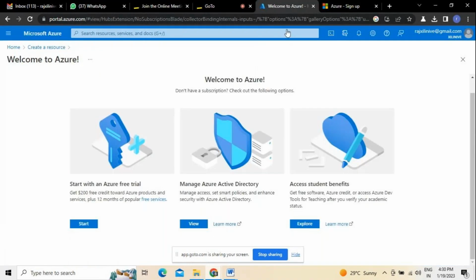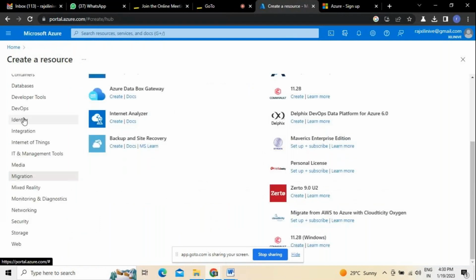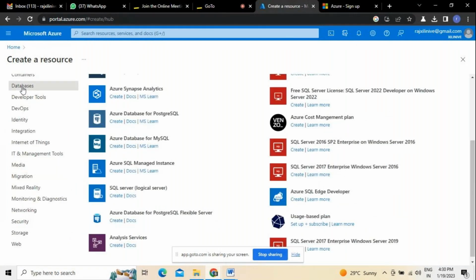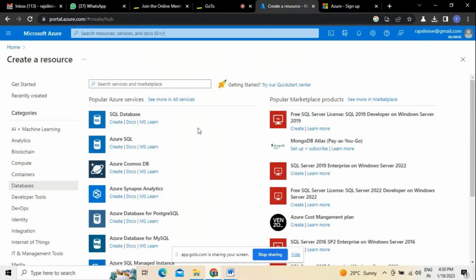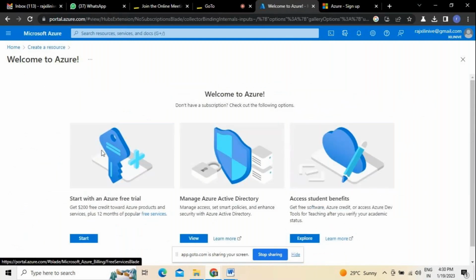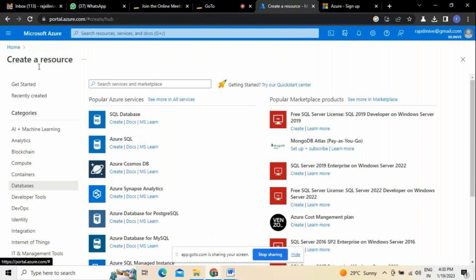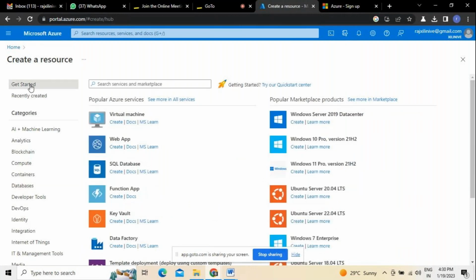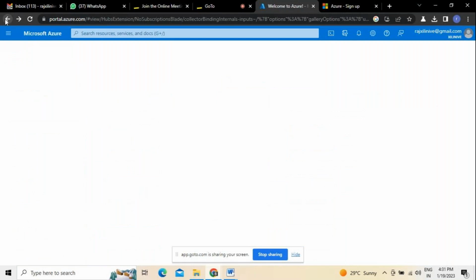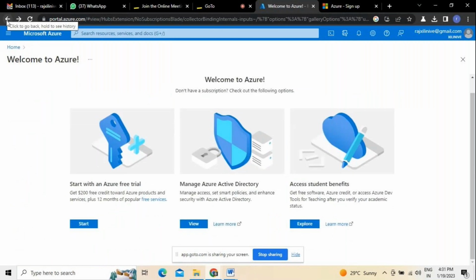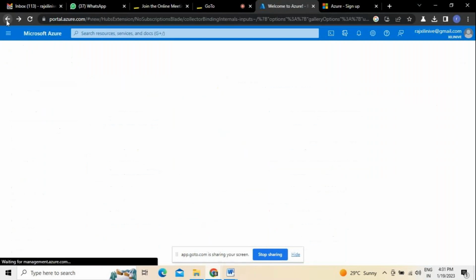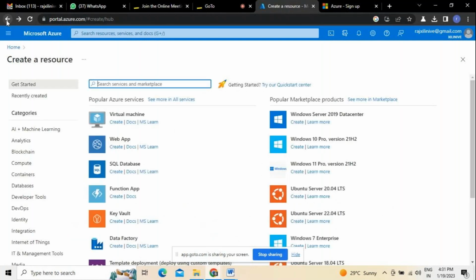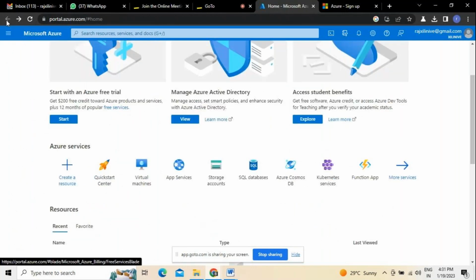Here you can see there is an option of creating a resource, where we are connecting to the databases. If you want to create selected databases, for that even you need to have a trial version to access it. That is essentially important when you are working on the resources. If you want to create any kind of resources, those are the things which are essentially important, either it could be virtual machines, or you want to connect with web apps, or SQL databases, all that stuff.